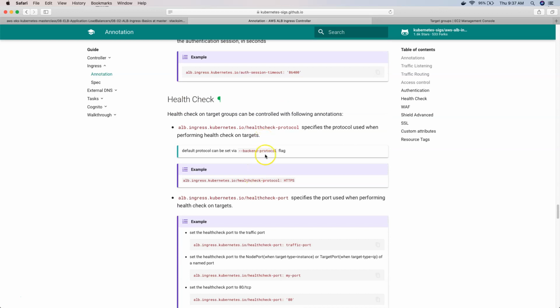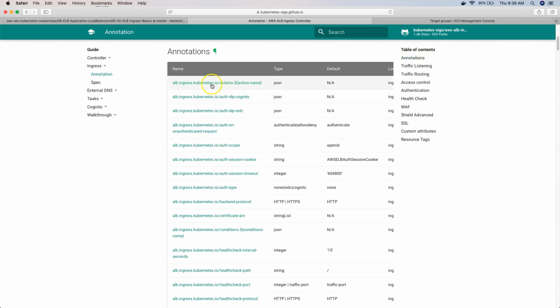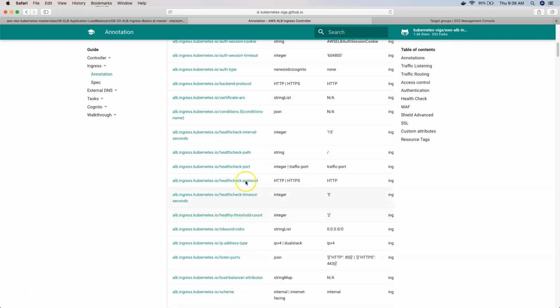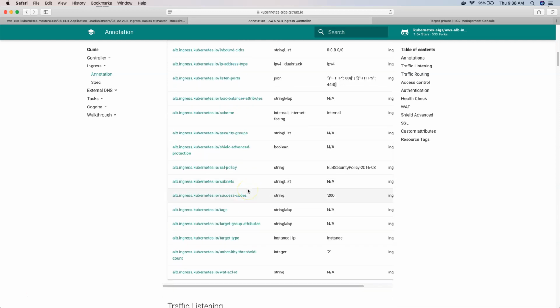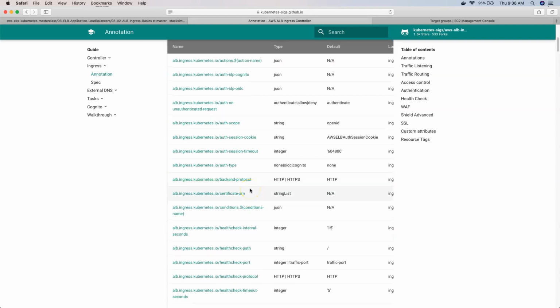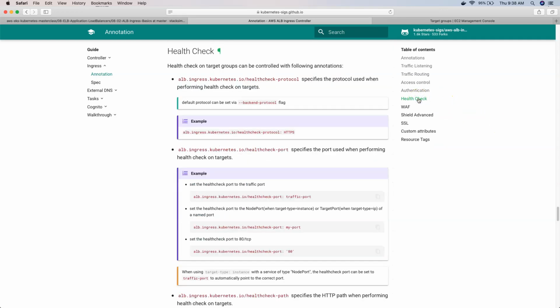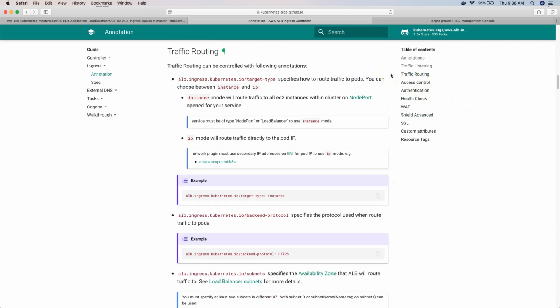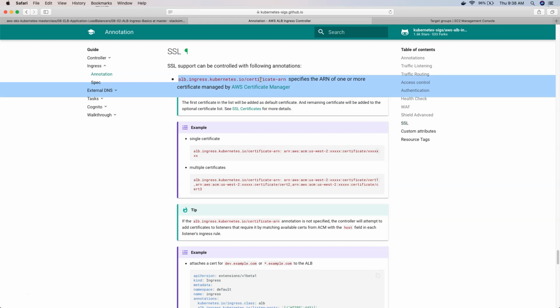So that's about these annotations, and if you want we can even find other annotations, like basic annotations here. All annotations are provided here, related to the entire ALB ingress. So all these things you can refer to, and whatever is required we can start using in our applications. So we are going to use a few annotations related to health check, a few related to traffic routing, and then a few related to SSL and SSL redirect. Like that we are going to use a certificate manager related one. So we are going to use a few annotations in a series of sections in upcoming lectures.